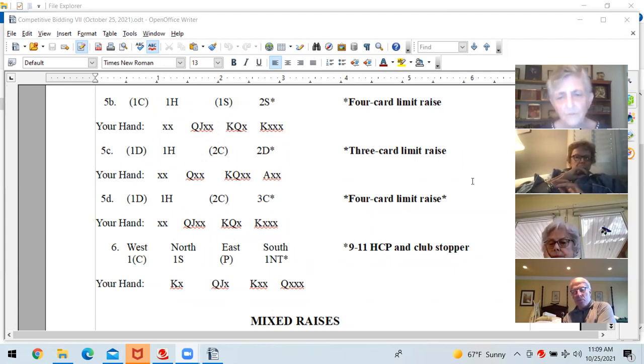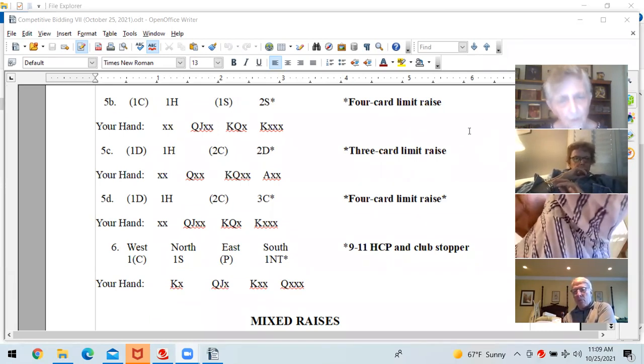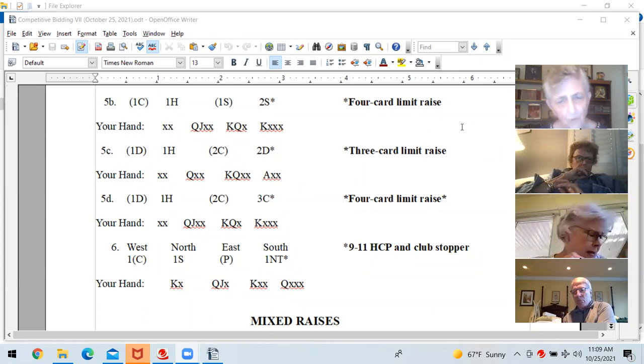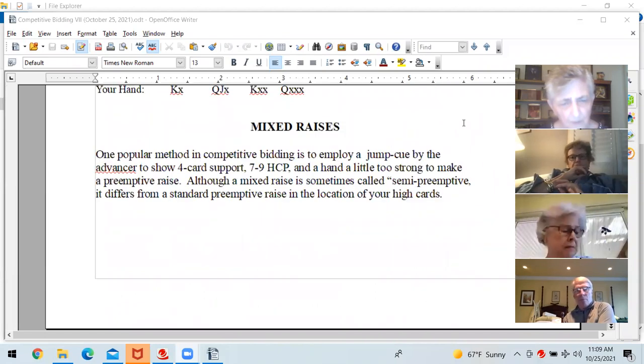If they bid 2 suits, such as in all the examples there in 5A, B, C, and D, you have an opportunity to show, by what you bid, which suit you cue, whether you have 3 card support or 4 card support. All right, I want to talk just a little bit more about the mixed raises